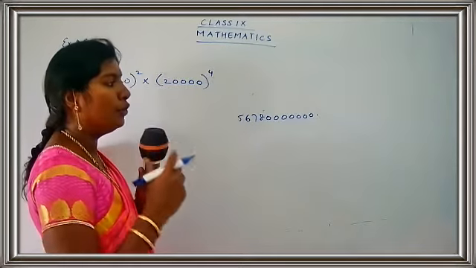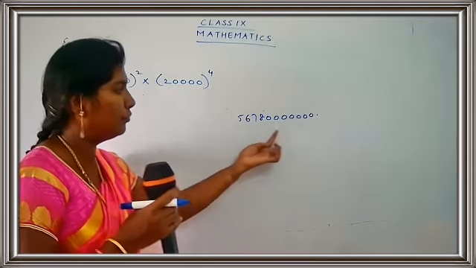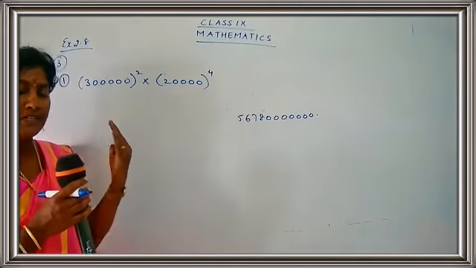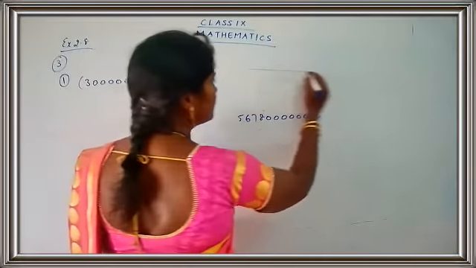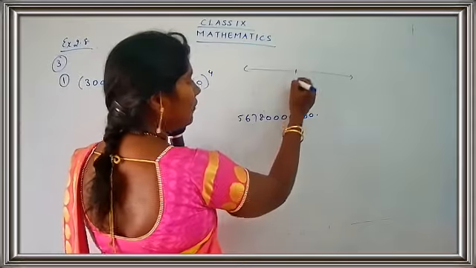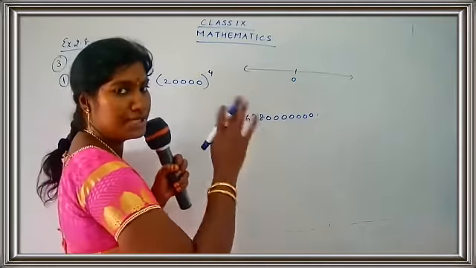So you are going to bring the decimal point to the left side. Which direction are you going to move? We are going to move to the left side. I told you, when you want to remember a particular direction, just think of a number line. So suppose this is a number line. Always remember the middle one will be the origin. So first of all, we write the origin, that is 0.